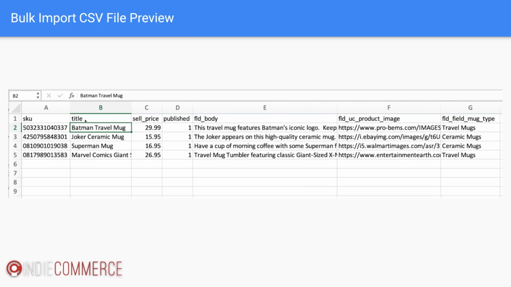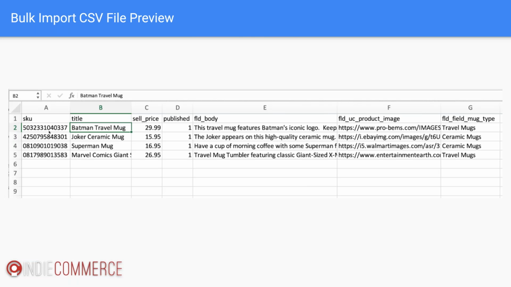But ultimately, each product does need its own unique SKU, and that's how the LSI file says, like if you look at these, say, our Batman mug here, the SKU is 503, et cetera, 233104, right? So the LSI file needs to match that value to what's on the site so that the system knows that the inventory you're supplying corresponds to that product.